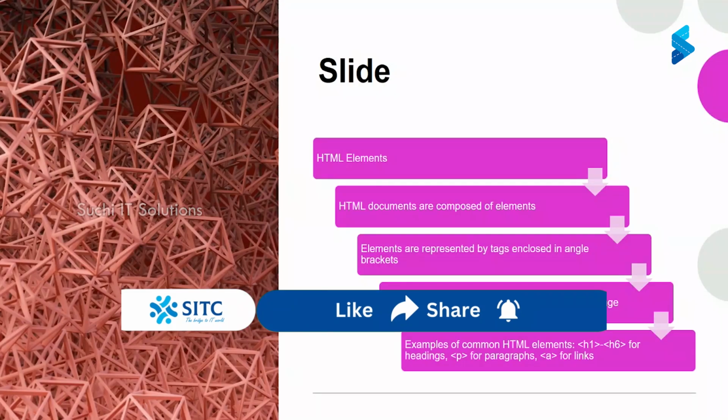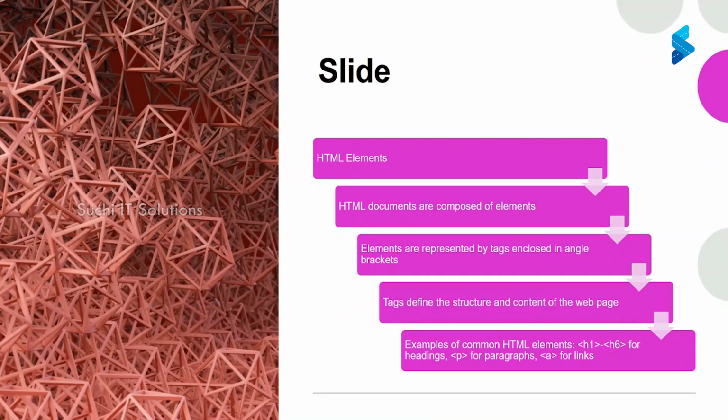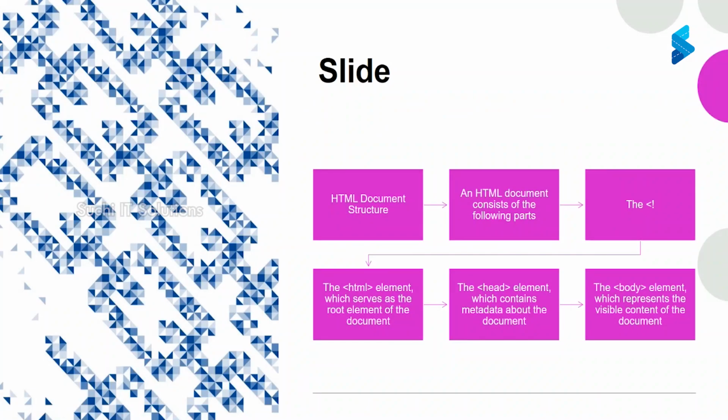At the HTML level, we use different kinds of elements. Element here means HTML tags. Once I open the document, we will see how HTML documents are composed of different kinds of elements, and how we use the angle brackets, meaning less than or greater than. What kinds of tags are available, and how do we define the elements? Sometimes people call them elements, sometimes HTML tags. How to define them, we are going to discuss. So, once you understand the HTML document structure,